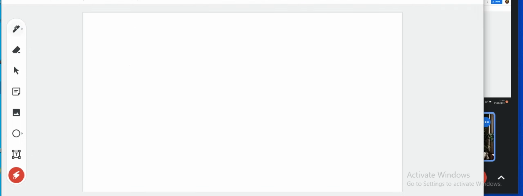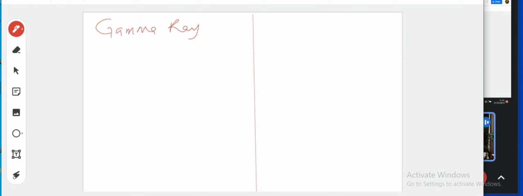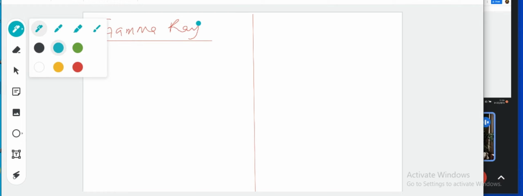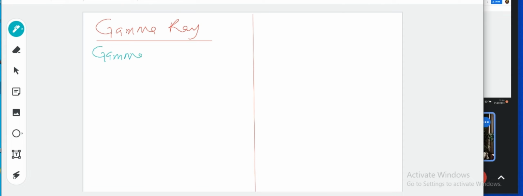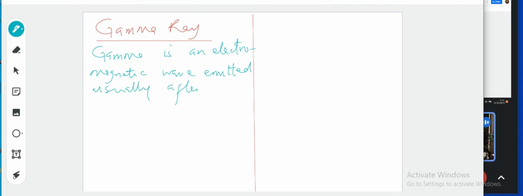Gamma ray. Gamma is a ray. In a sense, it is not a particle, it's an electromagnetic wave. Gamma is emitted usually after an alpha or a beta decay,